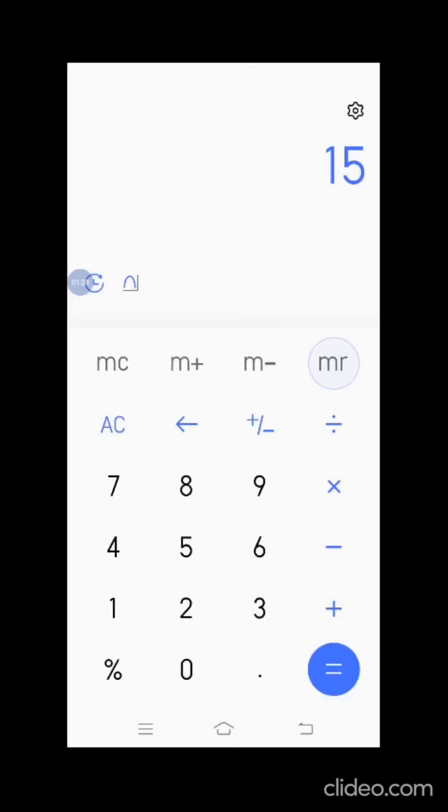Again I can add another number like 12 and click on the M plus, click on AC to clear the contents of the screen and click on the MR. So that's how we can add multiple numbers.